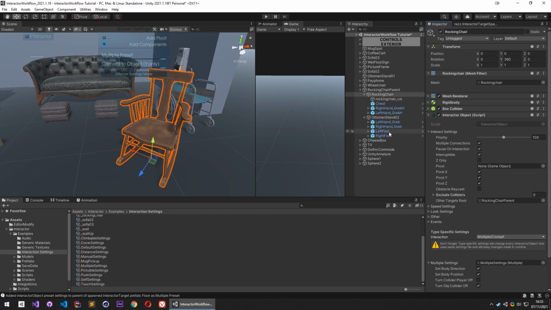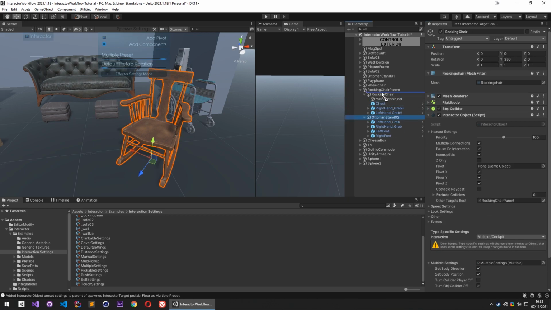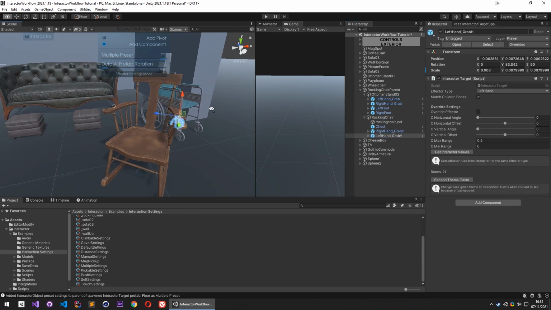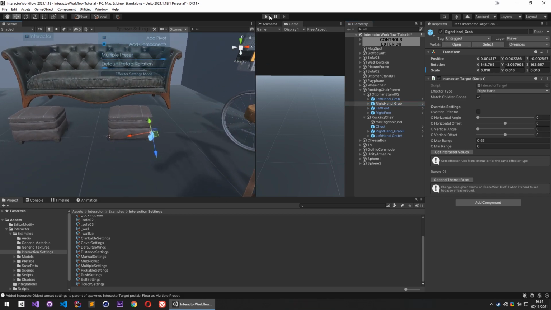But if you put the ottoman stand on top, instead of the rocking chair, it will get the hands as these hands, which we don't want. We want to use these hands, but since these hands are higher, it will get these hands. Okay, let's